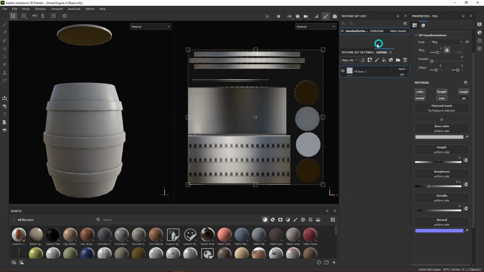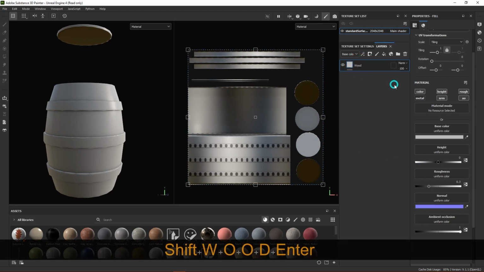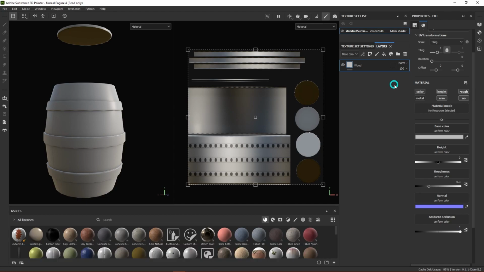Okay, so we come back to our layers. And so for our first fill layer, we're not going to need any metallic on this layer because this one is just going to be our wood. So same within Maya, and you're using your outliner, always make sure you're relabeling things, especially in Substance Painter, because